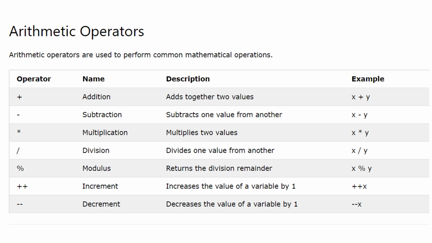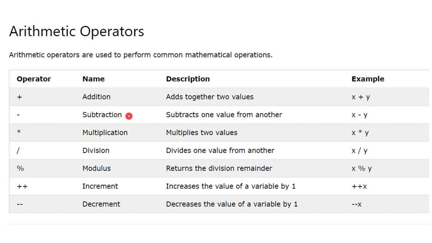So, as I just told, the arithmetic operators include addition, subtraction, multiplication, division. So you can see the various usages. The arithmetic operators are used to perform common mathematical operations. Plus is addition, so it adds together two values, x plus y. Suppose you're defining z is equal to x plus y, it means if you already define the value of x and the value of y, then z will give the x plus y value.